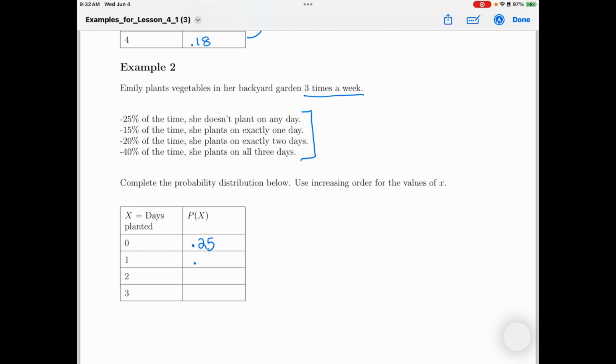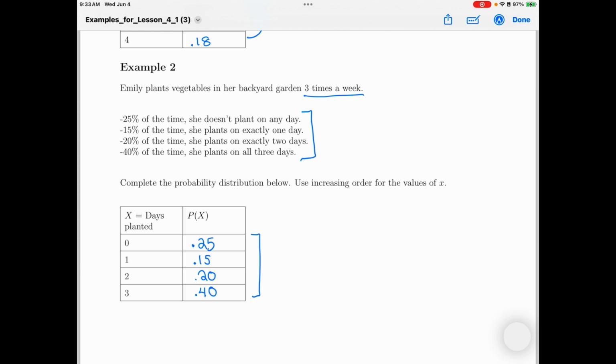15% of the time she plants on exactly 1 day. So that means when x is equal to 1, the probability of x is going to be 0.15. 20% of the time she plants on exactly 2 days. So when x is equal to 2, the probability is 0.2. And then 40% of the time she plants on all 3 days. So that's